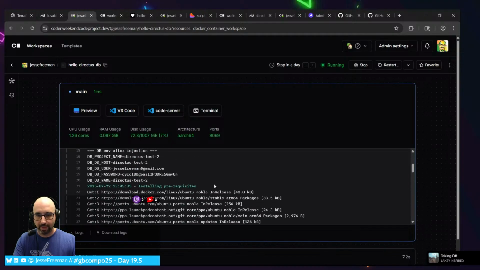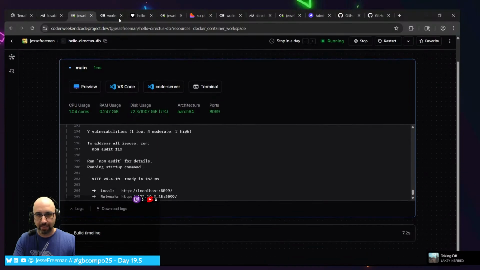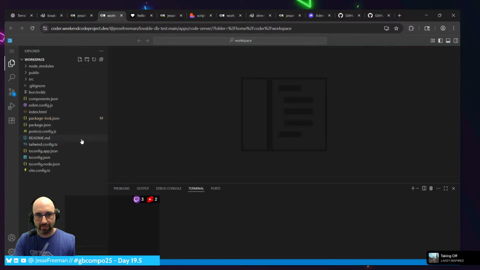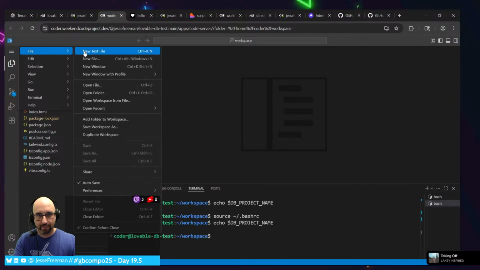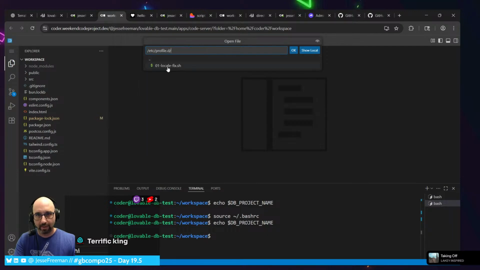Alright, so it didn't give me any errors here. That's good. Is it done? Done. Now, let's reload this. And what I wanted to see was file, open file. I am not seeing that in here.